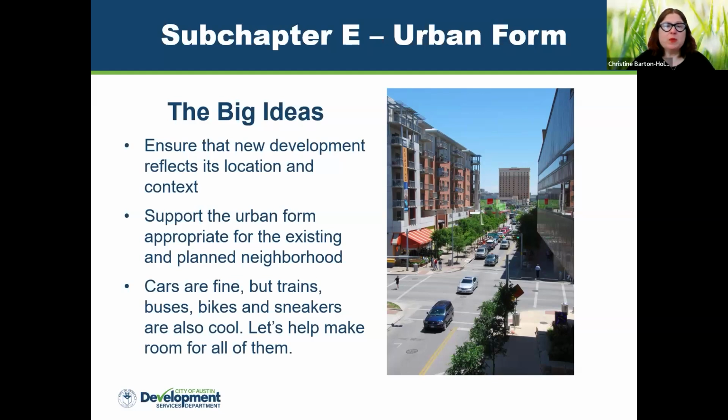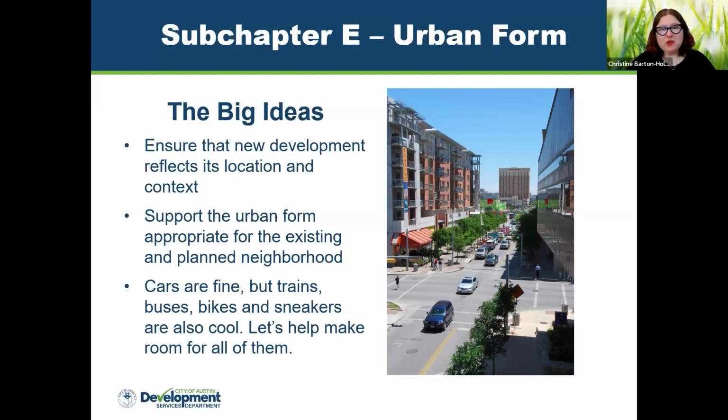So it could be up around Arboretum or William Cannon, and we would consider that to fall under the overall umbrella of areas that are developing that are considered to have urban form. They ensure that the new development reflects its location and its context, so it doesn't stand out like a sore thumb. And it supports the existing and planned neighborhood to continue the context that's already there.